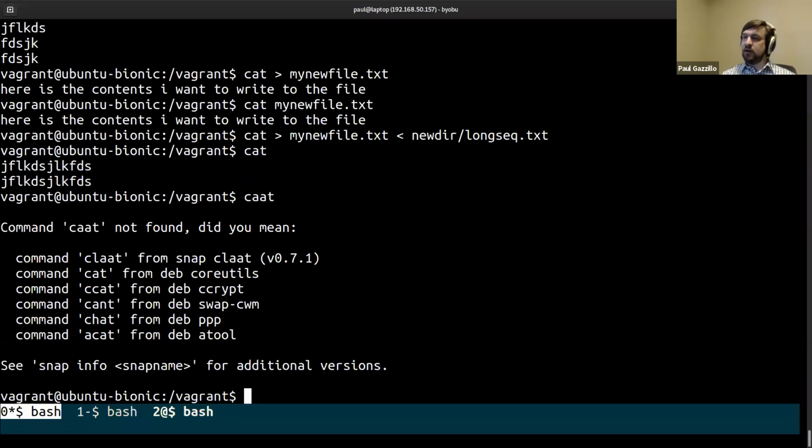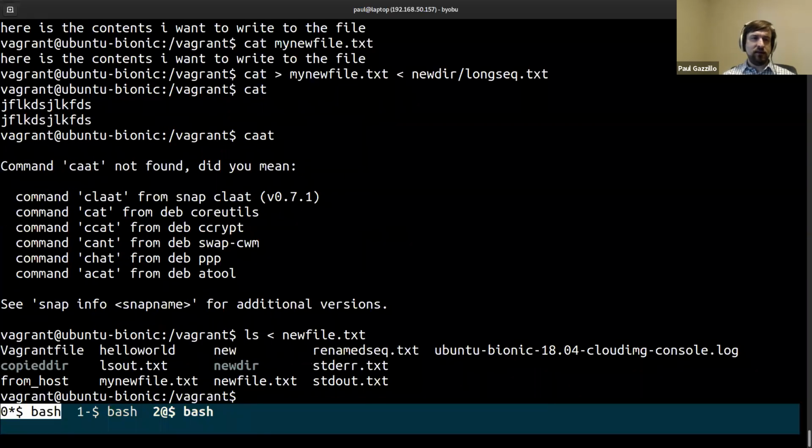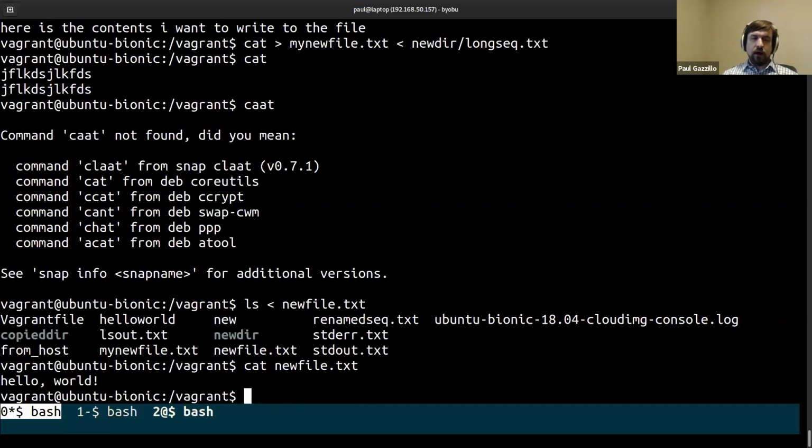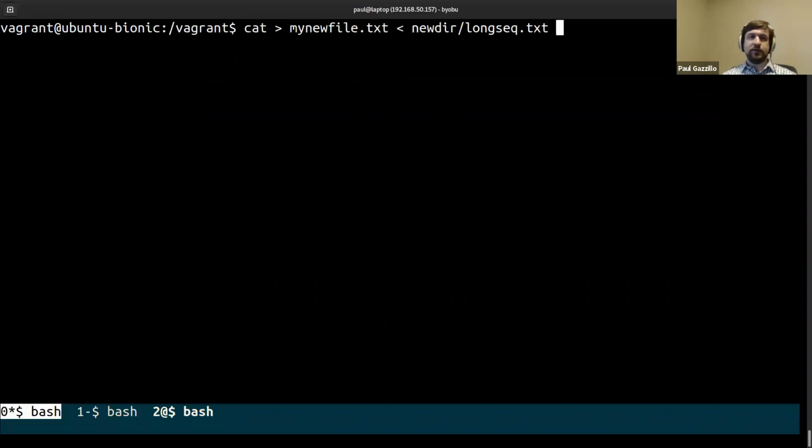What does greater than versus less than do? So let me show this command here. I don't think ls can actually take ls to file. Excuse me. Let me show this again. Maybe cat is not a great example to look at. Well, but anyway, so greater than